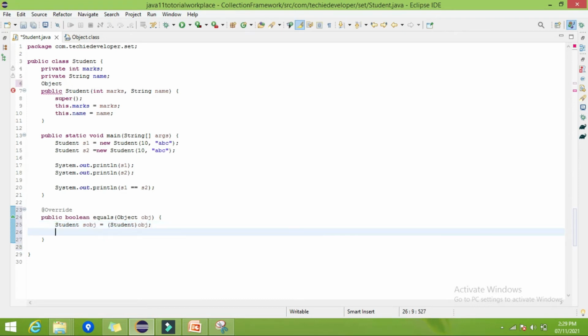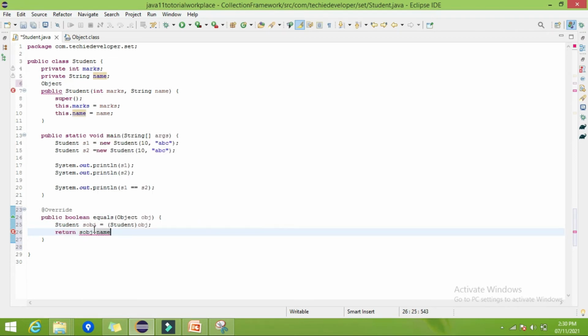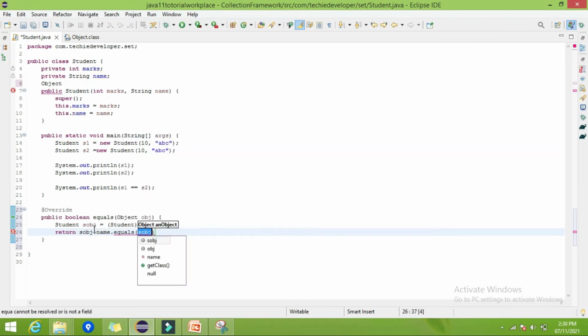Now return s object dot name dot equals with whom, this class, this itself, Student.